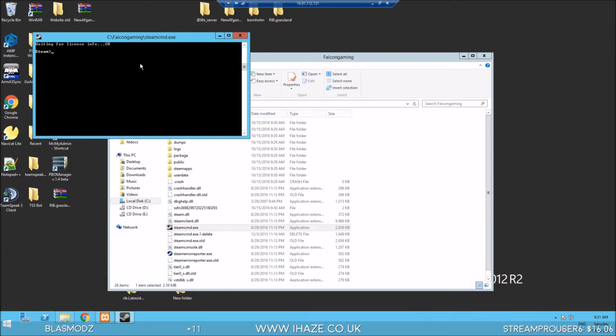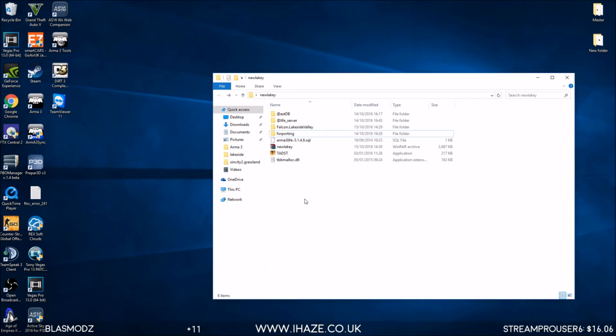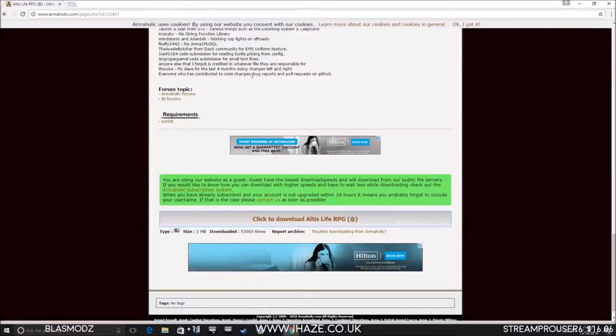So now what you need to do is go app_update space 233780, which is the number for Arma 3, and then go space validate. Oh, it doesn't matter. I used caps, but it doesn't really matter. So this will install the Arma 3 directory within that folder, then into the Steam Apps Common Arma 3. So while it's installing Arma 3 on the server, obviously you need to own Arma 3. I'm going to upload this folder to